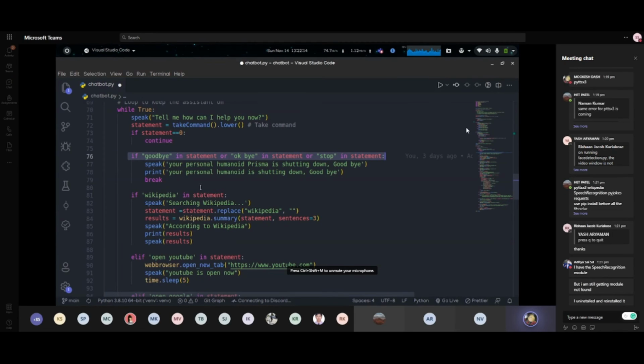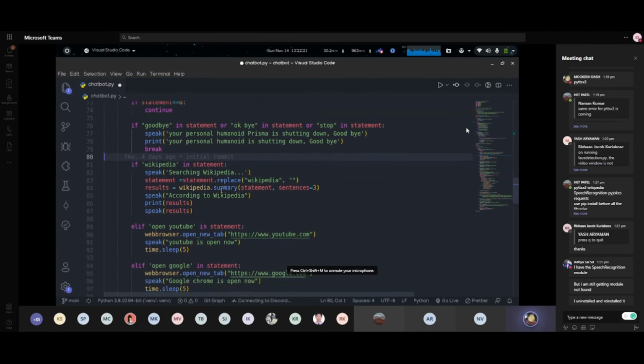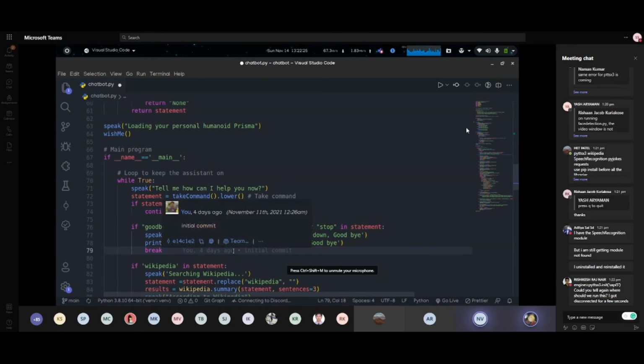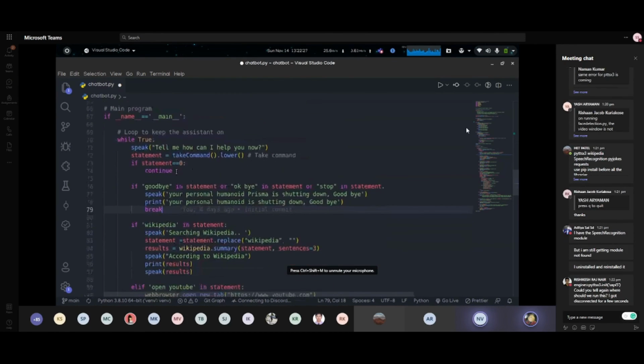If you say goodbye, okay bye, or stop, it will speak your personal humanoid prisma is shutting down, goodbye, and then it will break out from this while loop.